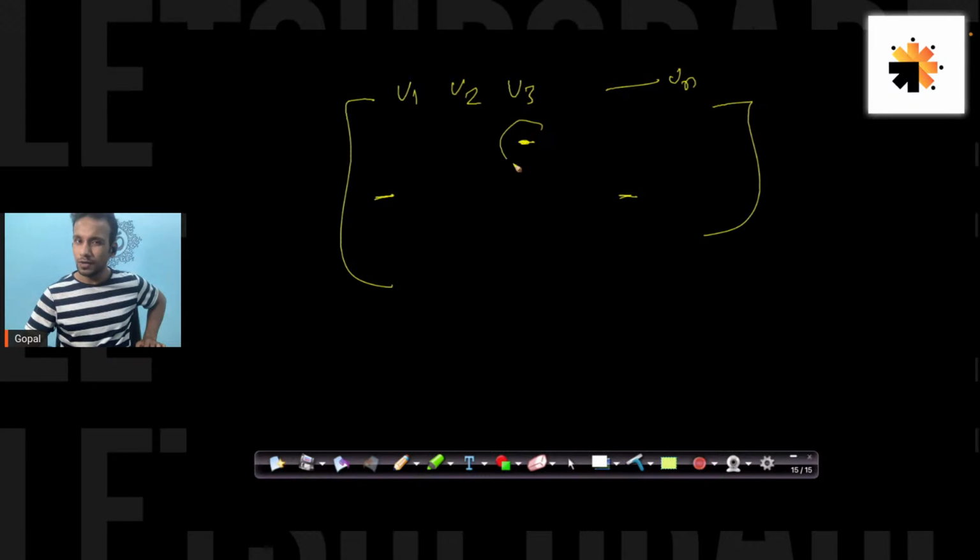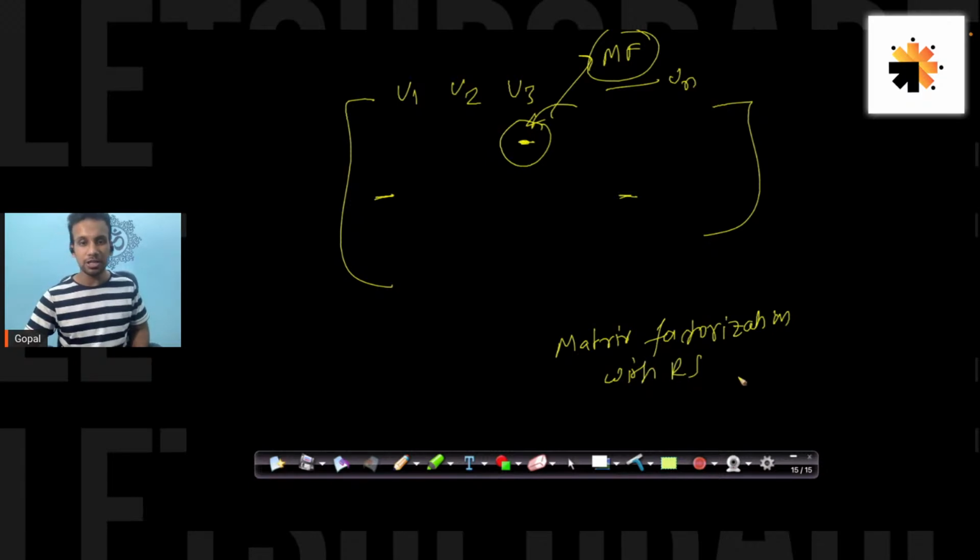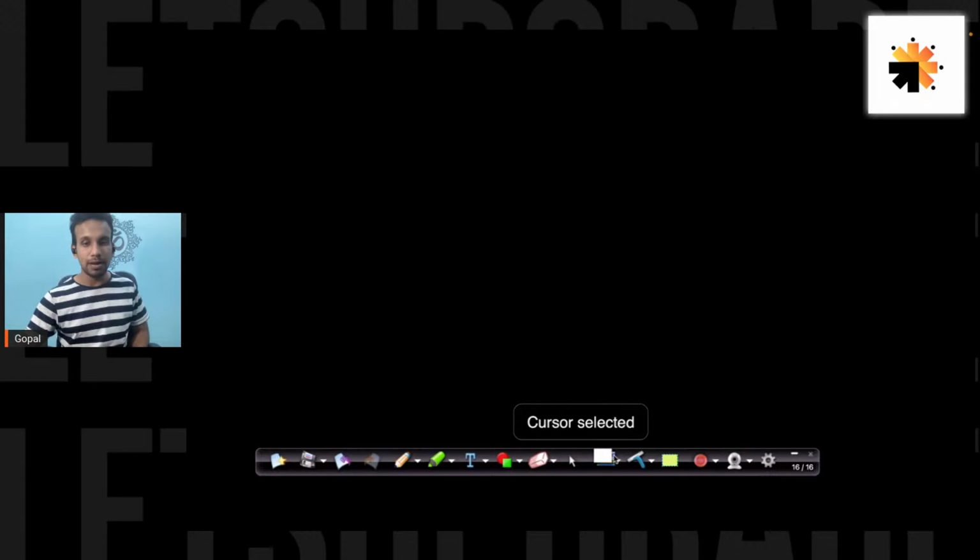There's a technique called MF, matrix factorization, as I explained. We try to fill these values with this technique. I cannot get into the details just yet, but if you really want to check this out, just type on Google matrix factorization with RS, recommendation system. Okay, now come back again here.